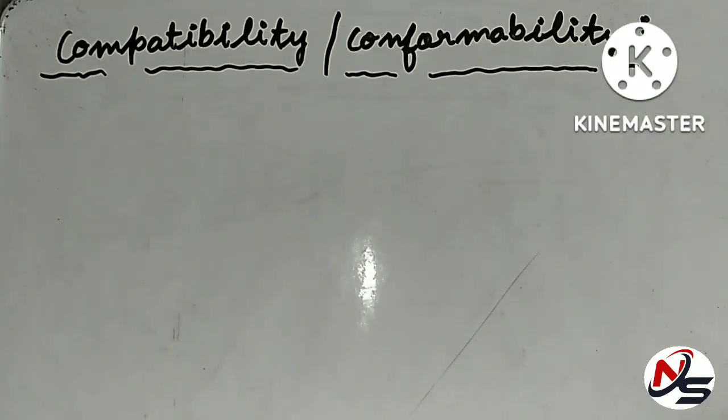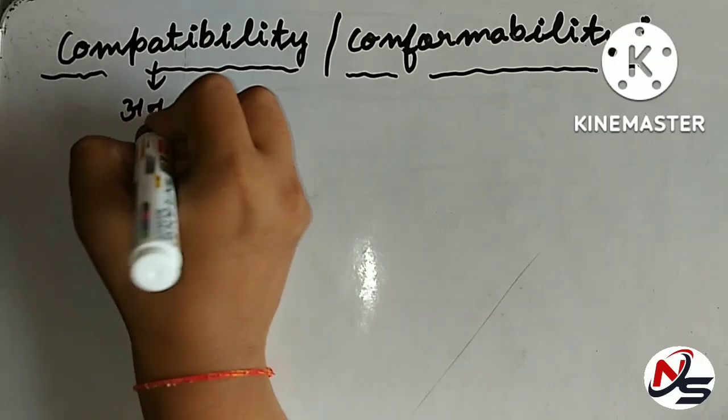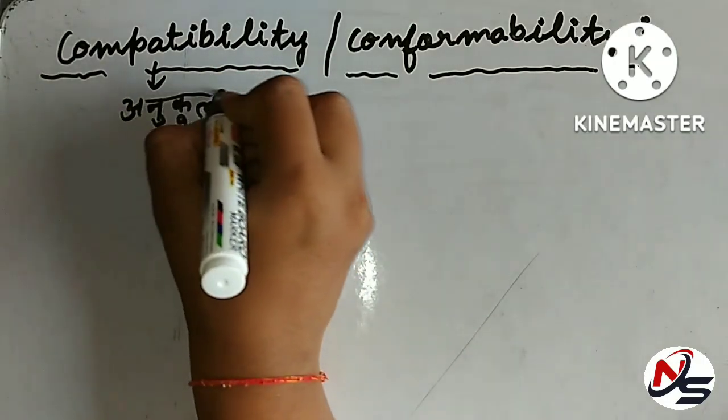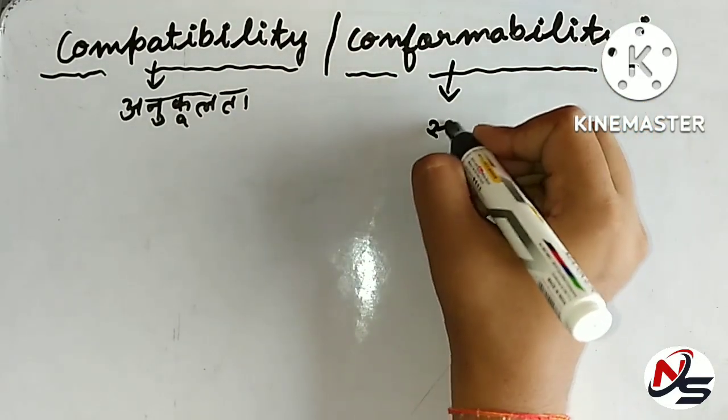इस लेक्चर में हम डिस्कस करेंगे कंपैटिबिलिटी या कन्फॉर्मेबिलिटी। कंपैटिबिलिटी मीन्स होता है अनुकूलता। कंफॉर्मेबिलिटी मीन्स होता है सुसंगतता।